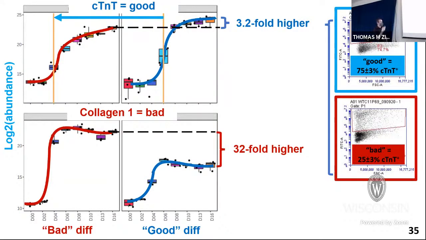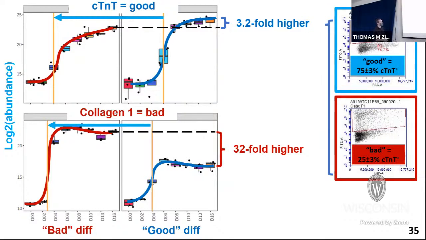The other interesting thing we start to see in these data sets is the different times of onset of these particular proteins. Cardiac troponin T, again, is a protein that we expect to be on in cardiomyocytes and off in non-cardiomyocytes. We see it starts to turn on, if you can appreciate, by day 6 here, so 0, 2, 4, 6 in the good differentiation. But it actually starts to turn on earlier, as early as day 4, in the bad differentiation, although the final purity or the final amount is much higher in the good differentiation, as we expected. So it's an interesting temporal change that we're starting to see there.